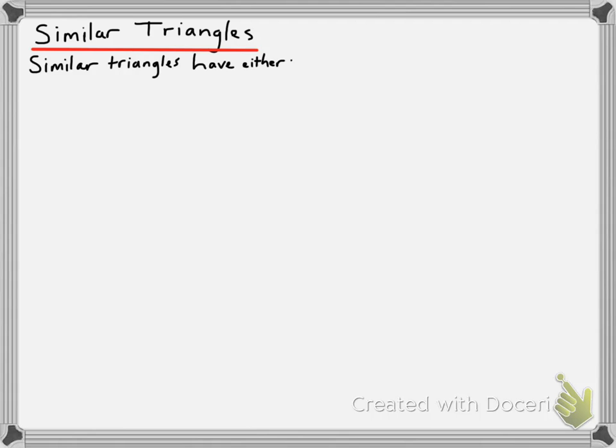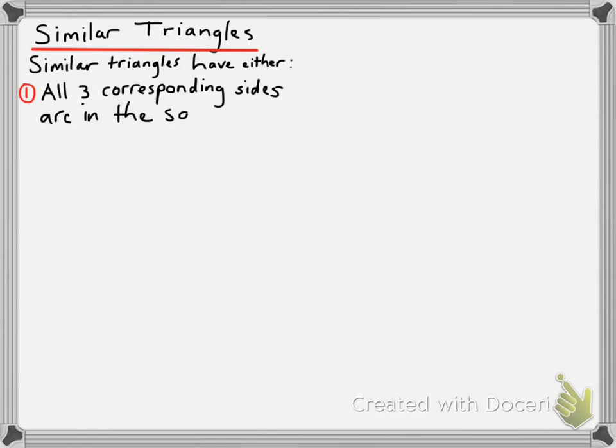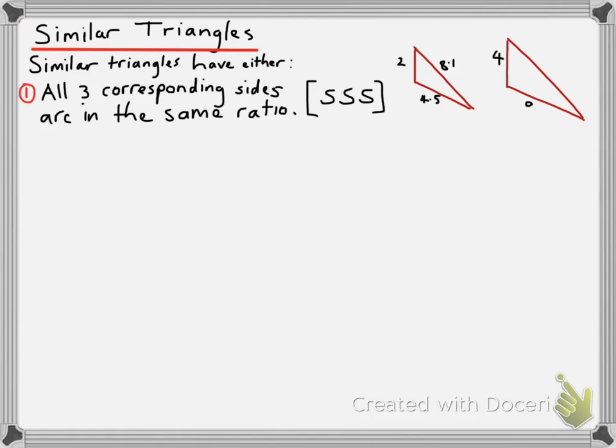They may look the same, but if they meet one of the following three sets of criteria, then they will be similar. Now the first one is that if all three corresponding sides are in the same ratio, and we call that side, side, side. Now what that means is if you had two triangles, which we can see here look to be quite similar,